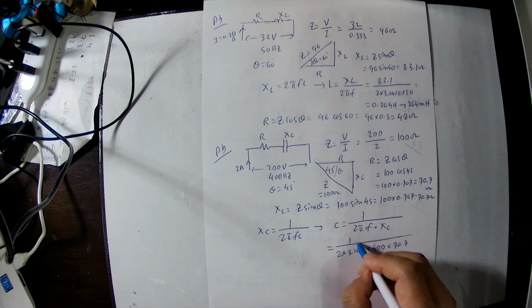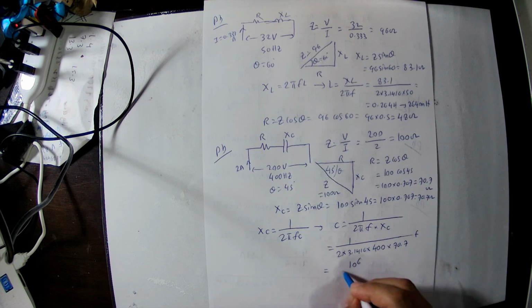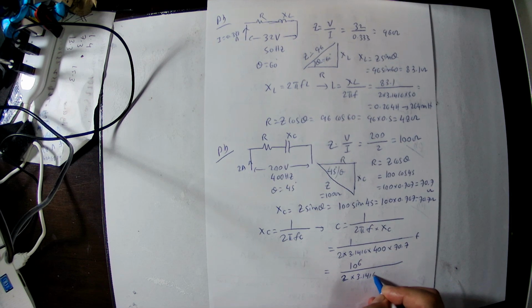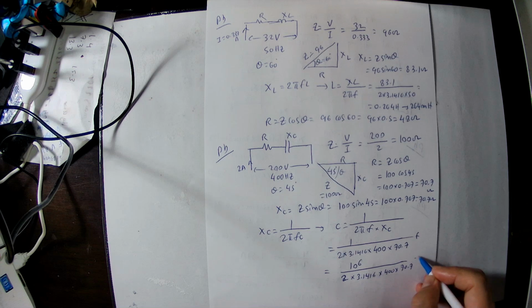So if you want the microfarad, we multiply this farad value by 10 power 6. So 10 power 6 divided by 2 multiply 3.1416 multiply 400 into 70.7. So this is the microfarad. We substitute here 10 power 6 divided by 2 divided by 3.1416 divided by 400 divided by 70.7. So we got